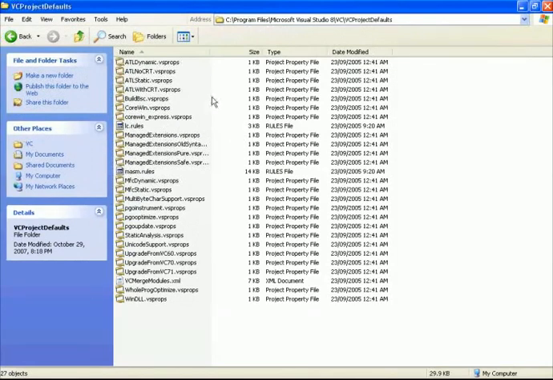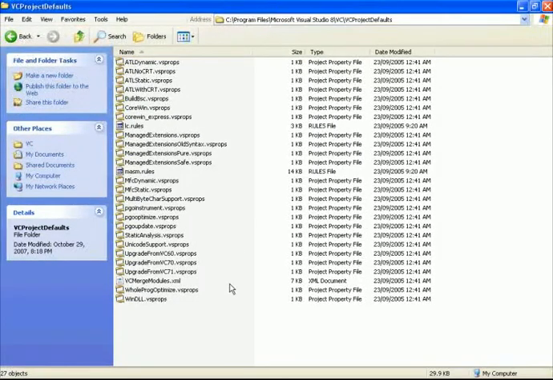In here are a bunch of templates for all the different kinds of Visual Studio projects you can begin inside of Visual C++ 2005 Express. We want to modify one of these so that anytime we create a Windows application, all the required library files will get linked into our project. The template file that we want to modify is this one here,